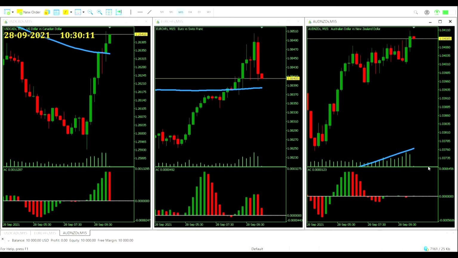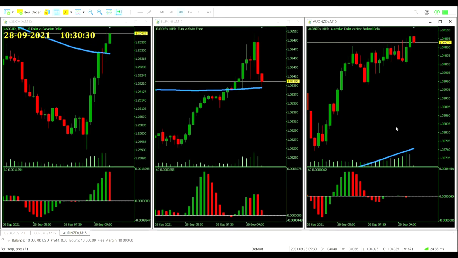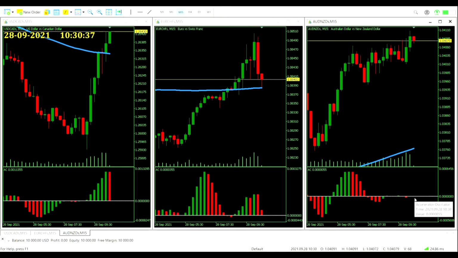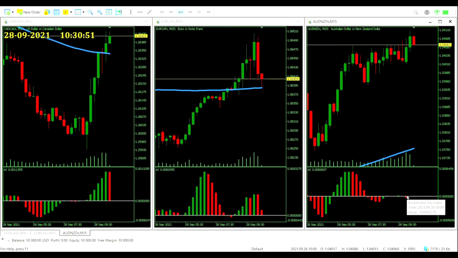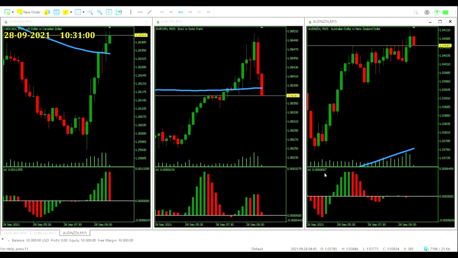If we zoom back out just to make sure, price is comfortably above that 150 period moving average. So if it closes out like this in 15 minutes, we will have a buy trade on the Aussie dollar, New Zealand dollar. It's a very shallow reading though on the accelerator oscillator. So if we see a big red candle, we could easily see that flip back across and get no signal from it. Even if we do get the signal, if it's going to crisscross like this, it's not going to be something we want. We're after proper moves here of at least 1.5 times ATR. So we'll watch for that closely if we do get the entry. You see it's very close to getting below zero there. Down now at